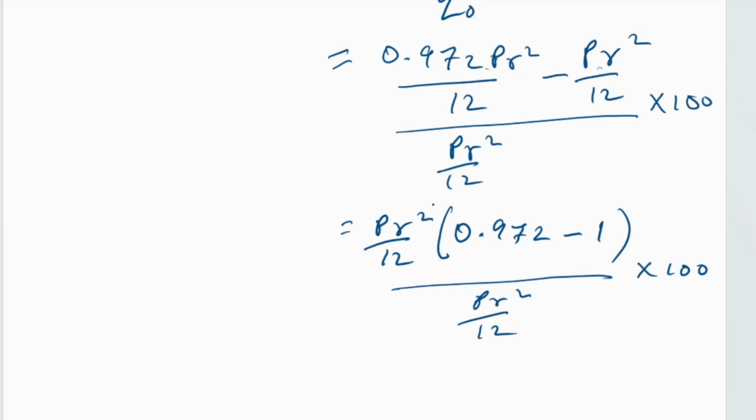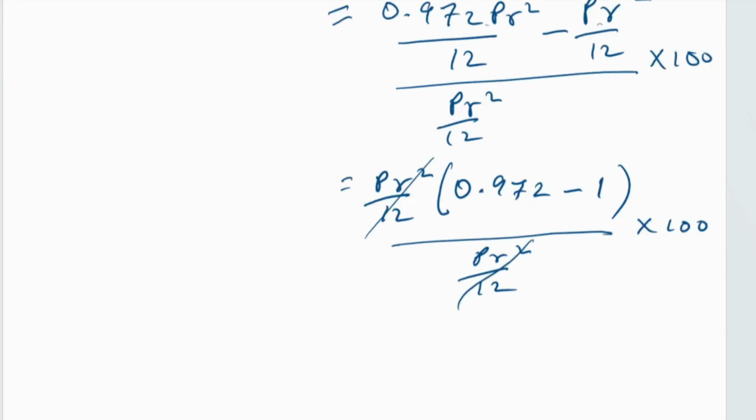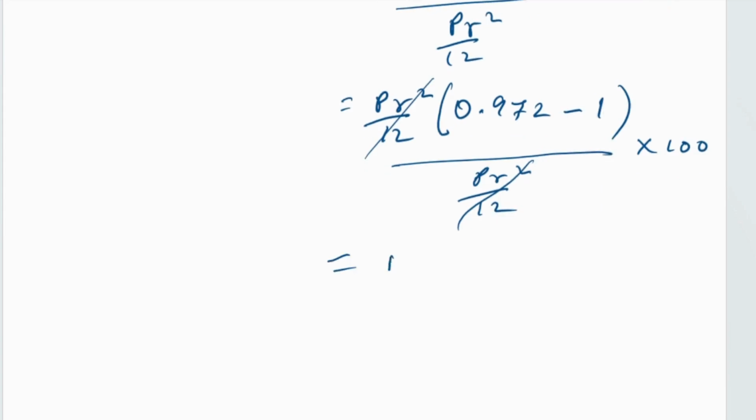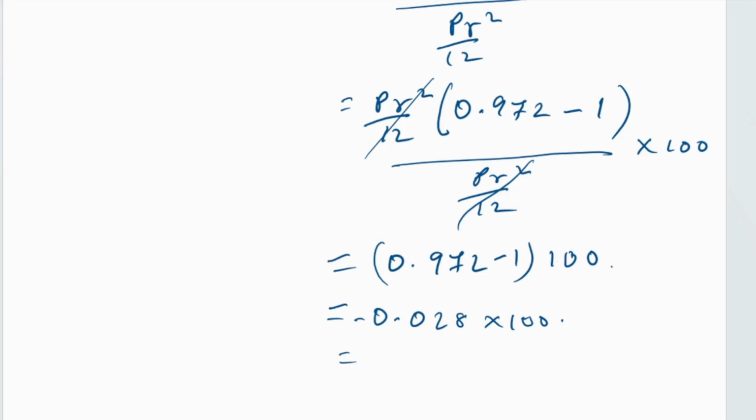Now, because this one is the same as this, they will cancel out, and we are left with 0.972 minus 1, then times 100. And 0.972 minus 1 is equivalent to negative 0.028, then times 100. This will be equivalent to negative